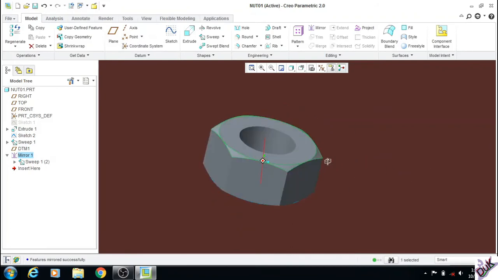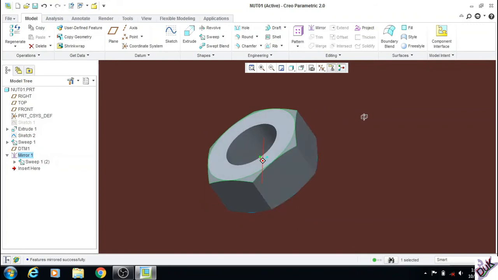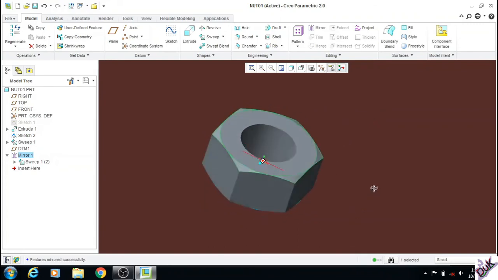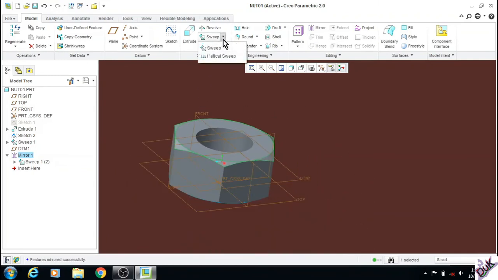So now your nut is ready, but one portion is remaining, that is the thread, and for that you need to take a command, that is helical sweep. Just go to helical sweep,